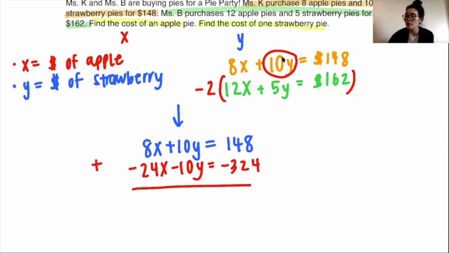So again, make sure that is a big adding problem. This is going to go ahead and cancel. You're going to combine your x's here. So I have an 8x minus a -24x. What that's going to give me then is, hopefully you're following along, this would be a -16x. And then this is going to be equal then to,